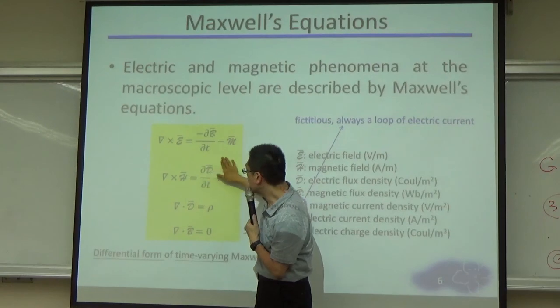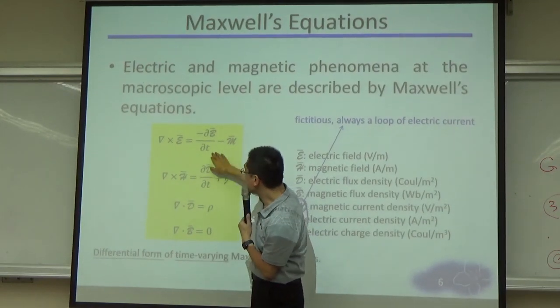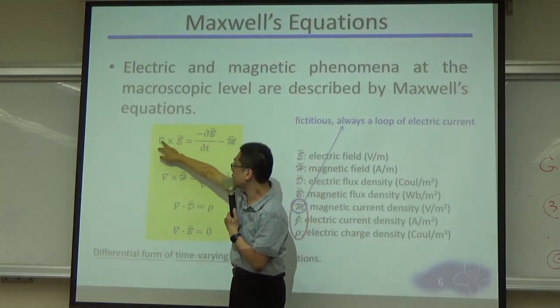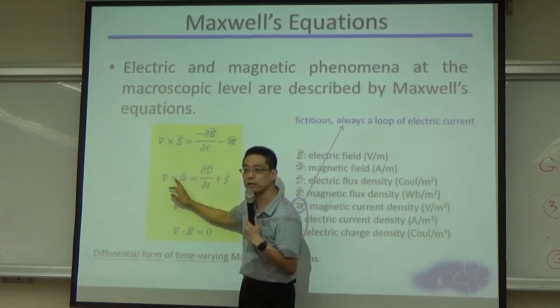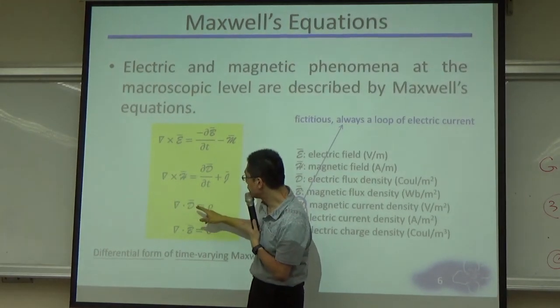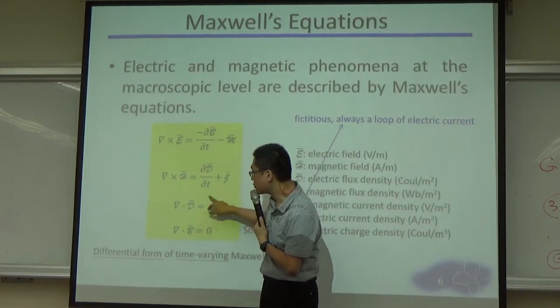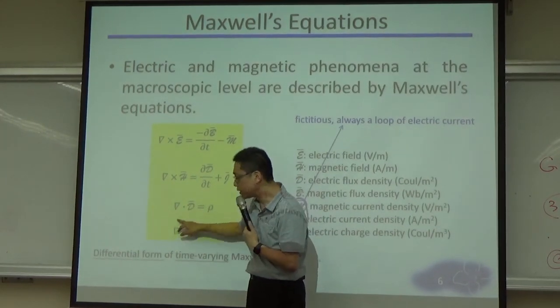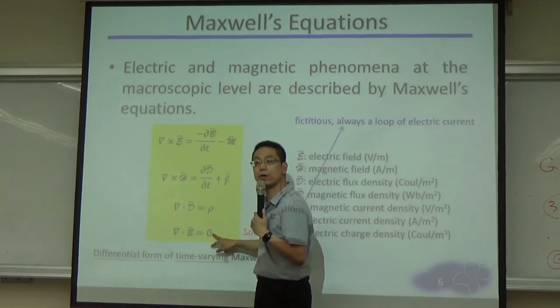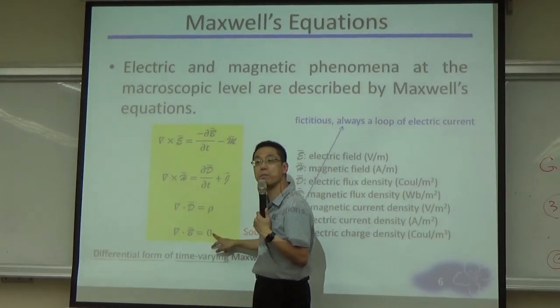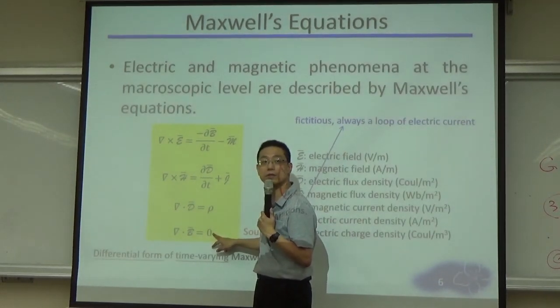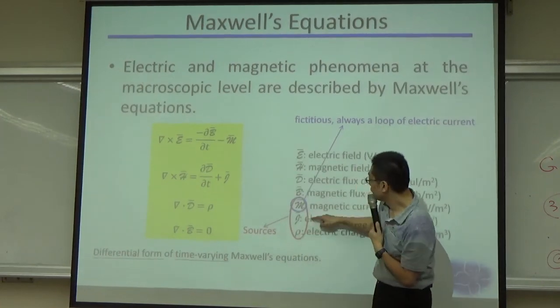This is the electric. This is the magnetic. And then it equals the electric source. Magnetic equals 0 because there is no magnetic source. Okay, so here I will see